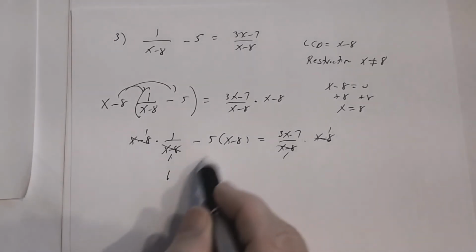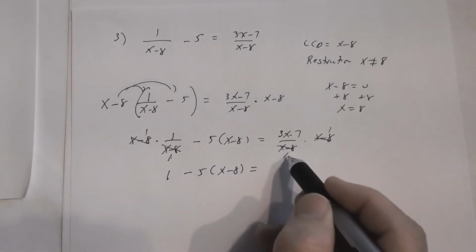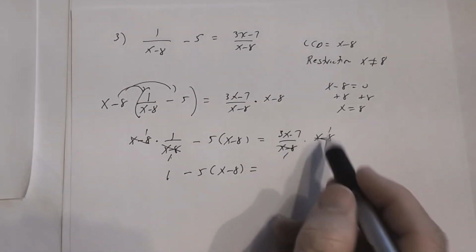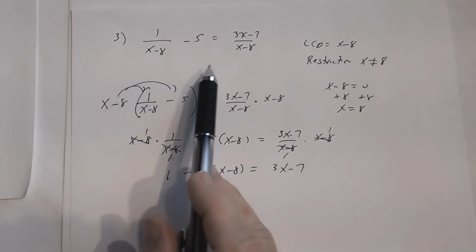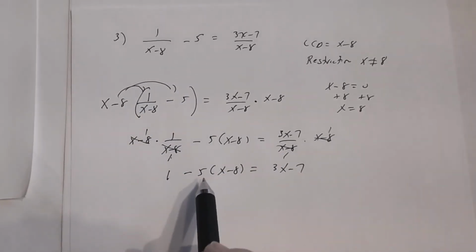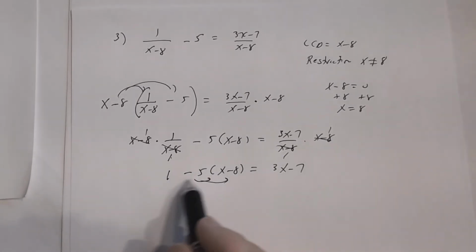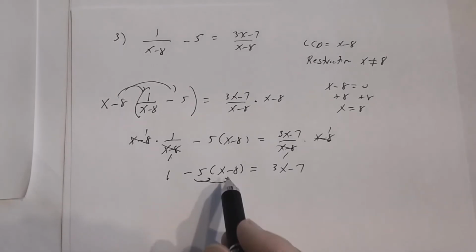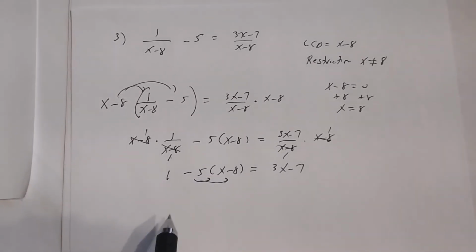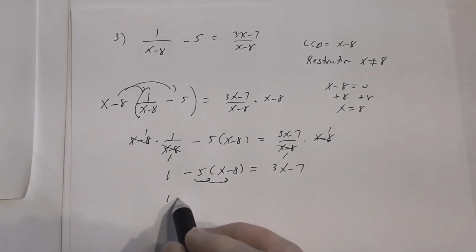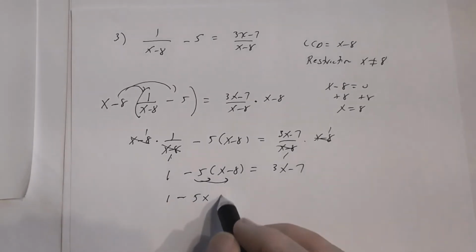And let's go ahead and leave this alone for right now. Minus 5 times x minus 8 equal, and then look, 3x minus 7 times 1 is 3x minus 7. So notice I went from a rational equation to a linear equation. And then to solve this linear equation, you're going to have to distribute first. Don't say 1 minus 5 is a negative 4 and distribute the negative 4. Remember, you got to do multiplication before you do subtraction. So I get 1 minus 5x, and then negative 5 times a negative 8 is a positive 40,